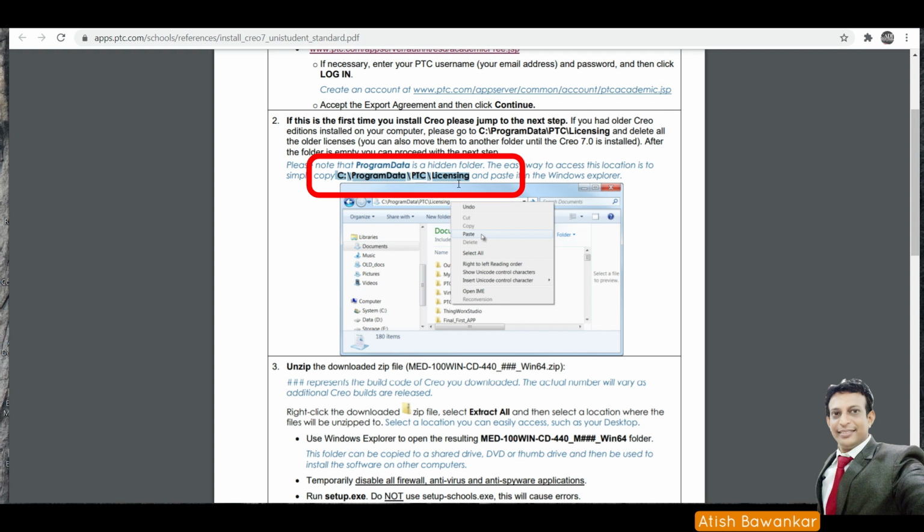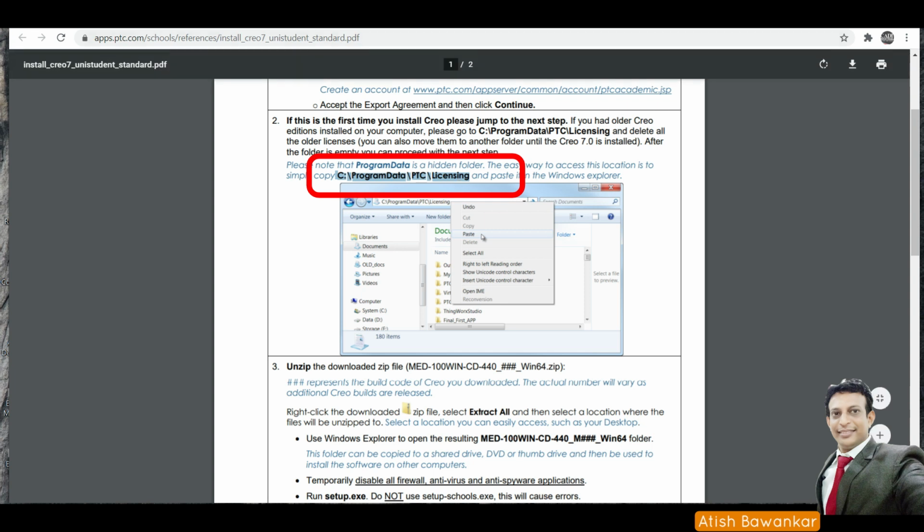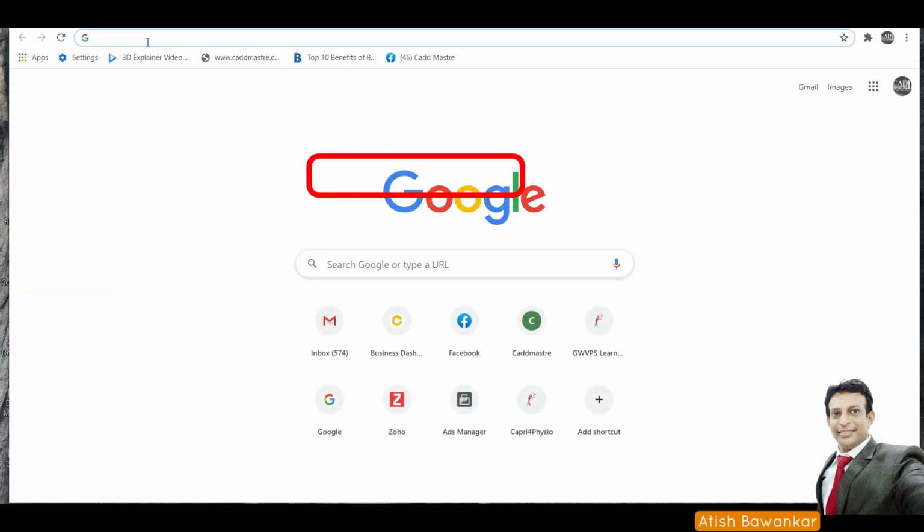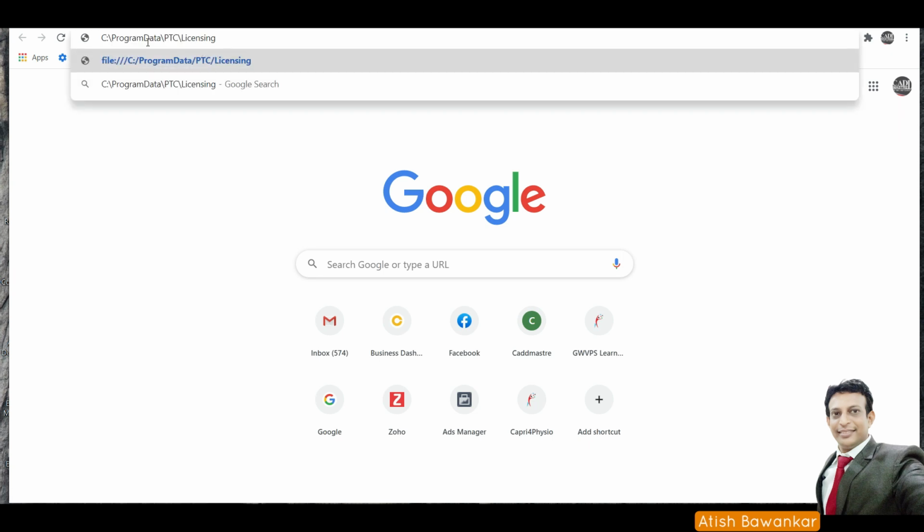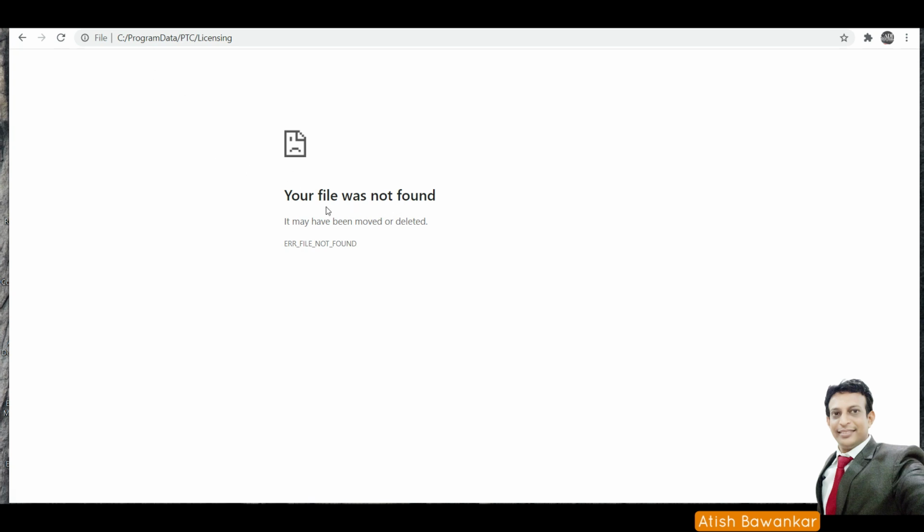You just have to copy this link and paste it to your browser. So here in my machine there is no previous version available, so it shows you the message. If you find the previous version in your machine, just delete the previous licensing before starting the Creo 7.0 installation.